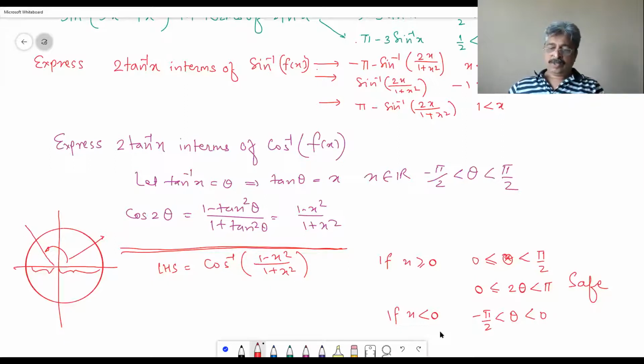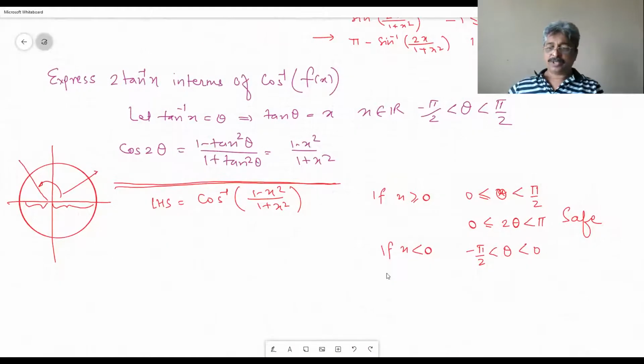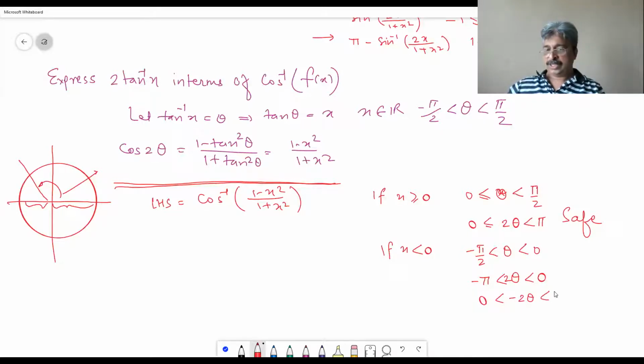And therefore if you take 2 times theta, then it becomes minus pi less than 2 theta less than 0, and now you want it to be in the required zone, so you take the opposite of 2 theta. So 0 less than opposite of 2 theta is less than pi. This is because I know the answer, I did this adjustment, but what you can do is,